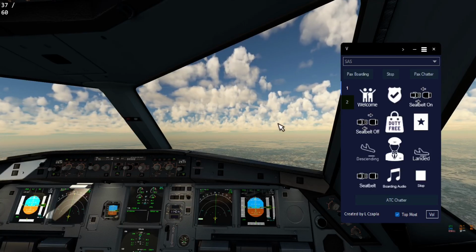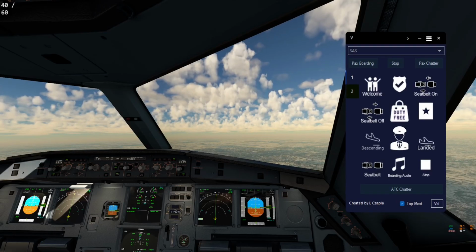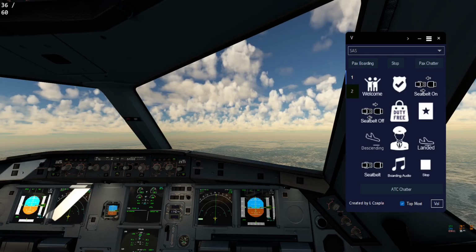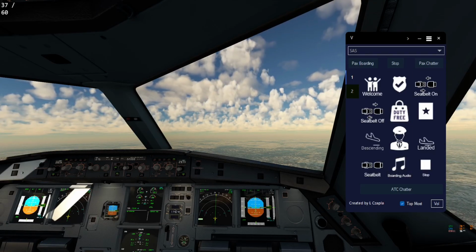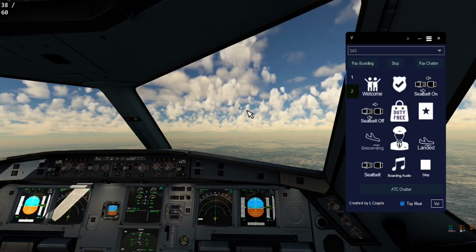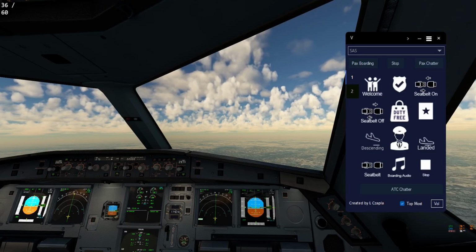Alright, quick video today on this little program here, something I absolutely love. So this is a passenger announcement panel essentially, and I know what you're thinking, oh, I have to open another program to use, I already have enough programs,